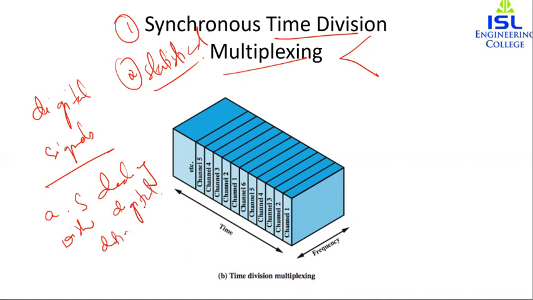In this form of multiplexing, data from various sources are carried in repetitive frames, and each frame consists of a set of time slots. So basically, time division multiplexing is a digital process. Our frequency division was analog, so this time division is digital, and it allows several connections to share the high bandwidth of a link. If we have a link with high bandwidth, then several connections can share this bandwidth.